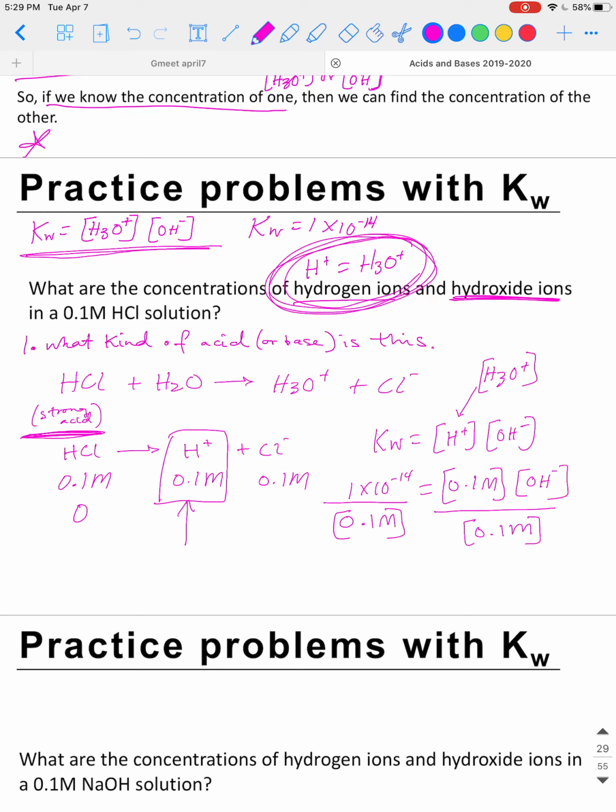Also, don't freak out that Kw is unitless, okay? I'm going to make a point of that. Unitless. No units. So we're going to divide 1 times 10 to the minus 14 by 0.1, and I believe that you should get 1 times 10 to the minus 13 molar is the concentration of OH minus. Okay? So now we've finished both parts of the problem. We figured out the concentration of H plus by determining that we're dealing with a strong acid and understanding that strong acids